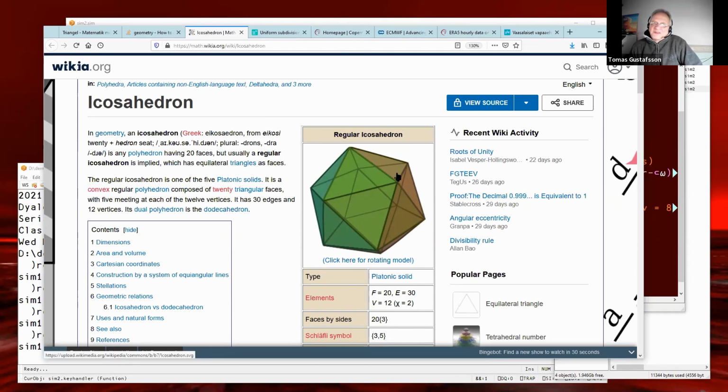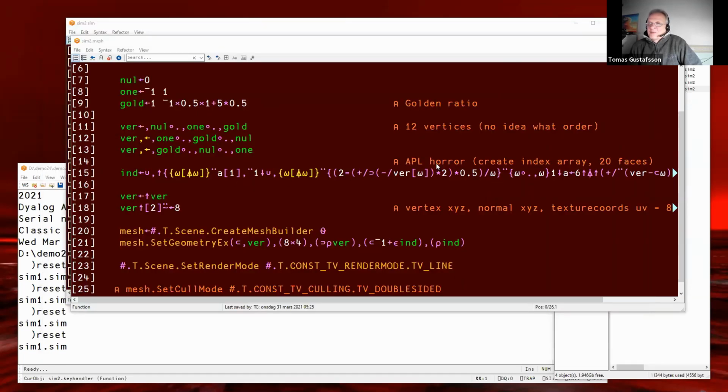So you measure the distance to all other vertices, then you sort them by distance and take the first 5, okay? All good. And here is the APL horror that actually does that.